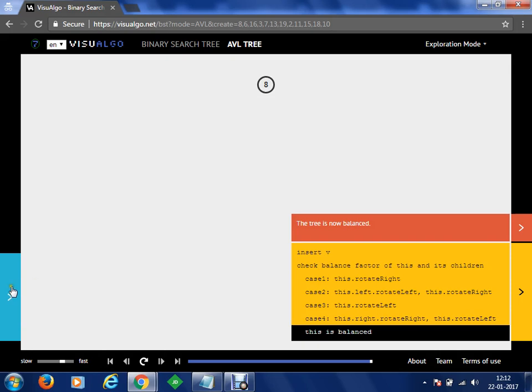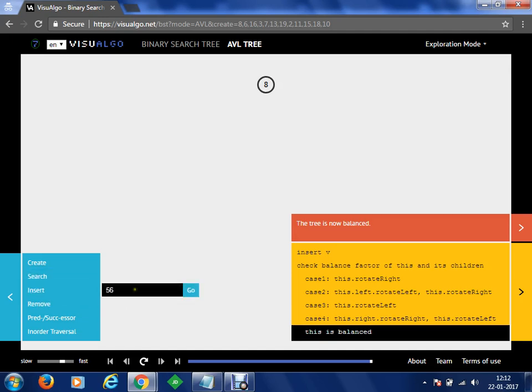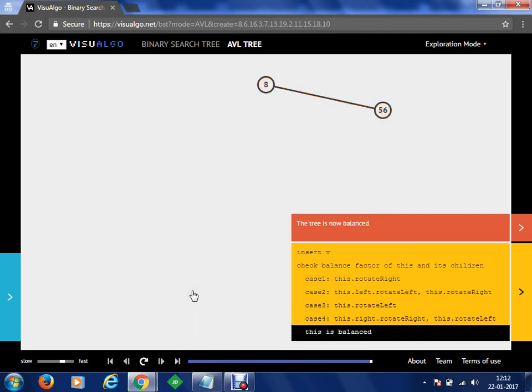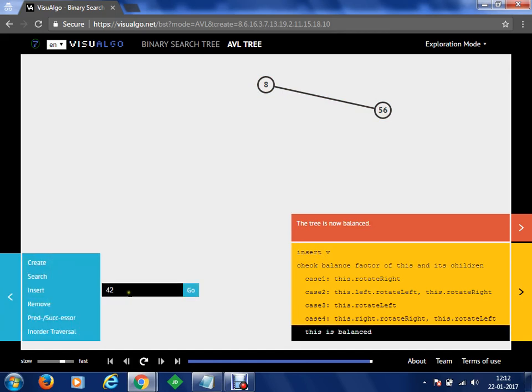Clear? Now, a binary search tree node can have a maximum of 2 children. One on the left, the other on the right. Direct children can only be 2. Now let's say we are going to insert one more value. Let's say I have inserted 56 at the moment. Once we inserted 56, 56 is greater than 8, so it will be put on the right hand side.